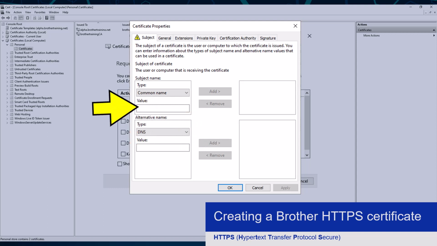I now need to type my Brother device's fully qualified domain name, otherwise known as FQDN, into here, which in my environment looks like this.